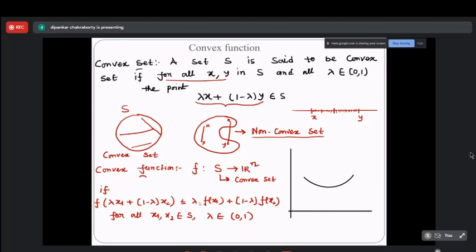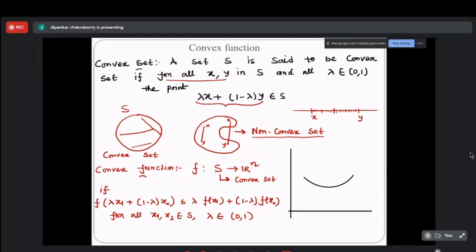Now listen carefully to what I am saying. First of all, it is necessary for this set to be a convex set. Why? Because we know that if S is a convex set, then we can make sure that if x1 and x2 belong to S, then lambda x1 plus 1 minus lambda x2 also belongs to the set. This is true only when the set is a convex set. So to define the function, it should be a convex set. Clear to you? What I'm saying is that for defining the convex function, that set should be a convex set.